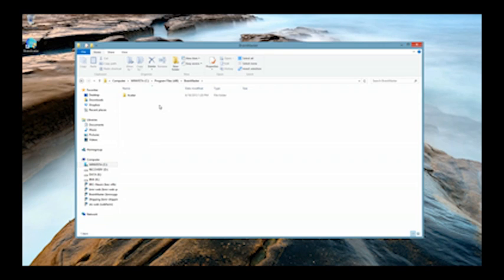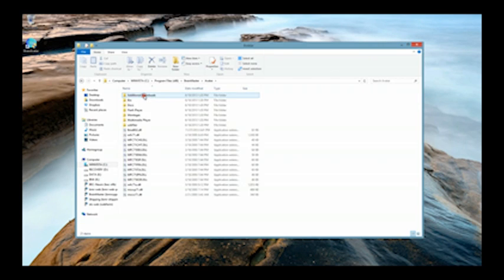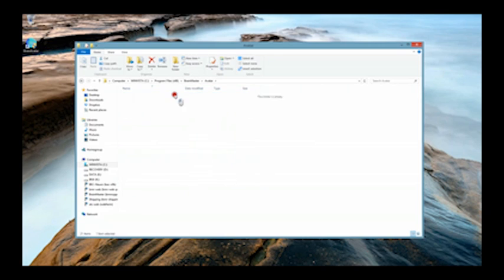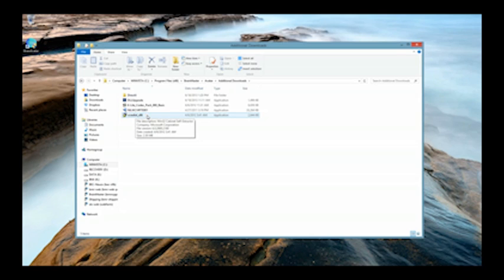In here, there's only one file folder, and that file folder is called Avatar, which I'm going to double-click. The next location we're going to go to is this one right here that I'm actually highlighted on called Additional Downloads, in which I am going to double click that. Now, there are multiple items right here that can be used for installation. For example, this file right here called a VZ Redist